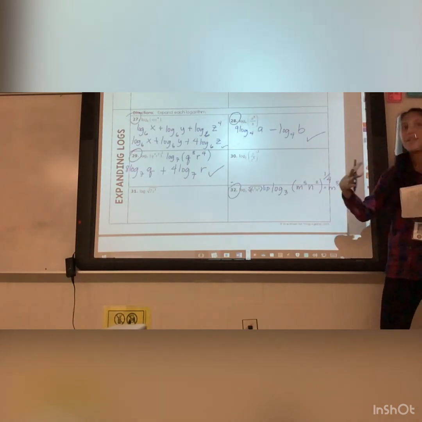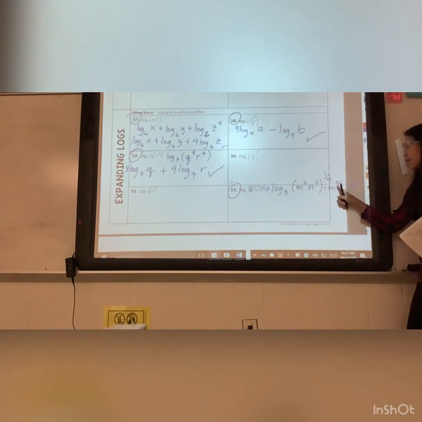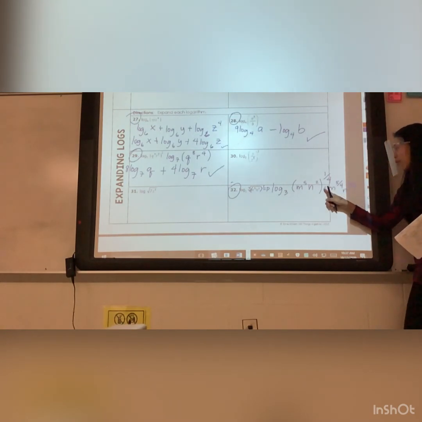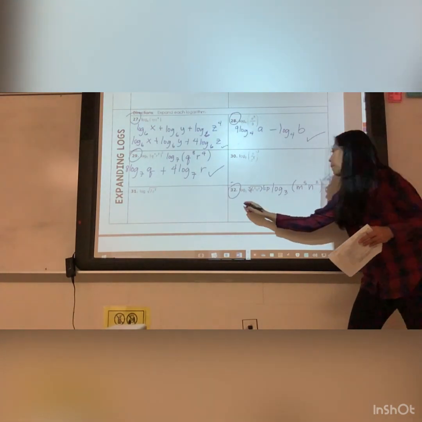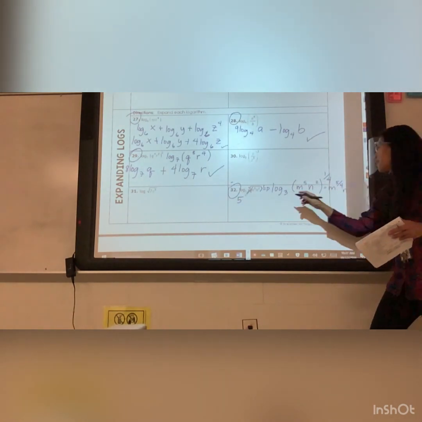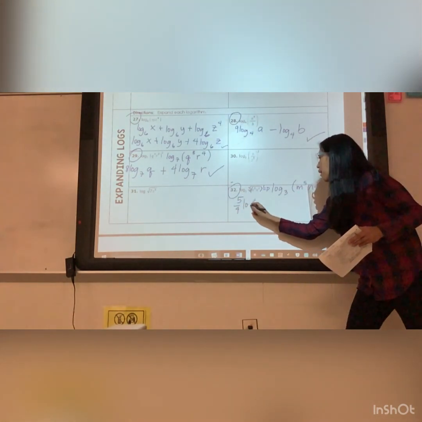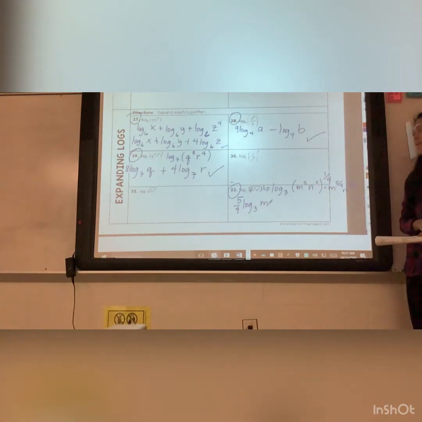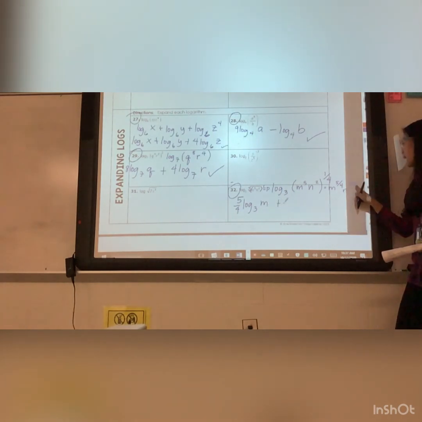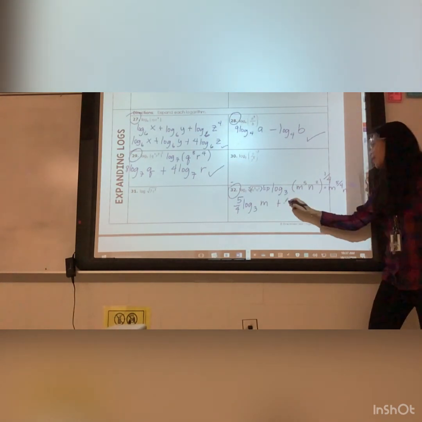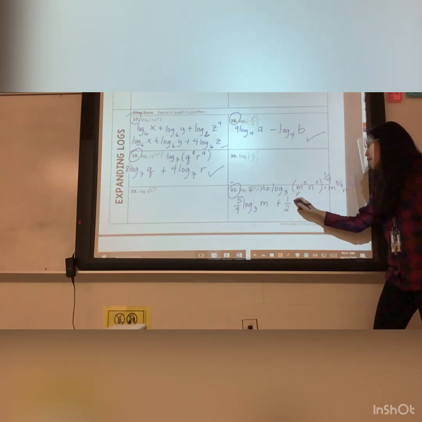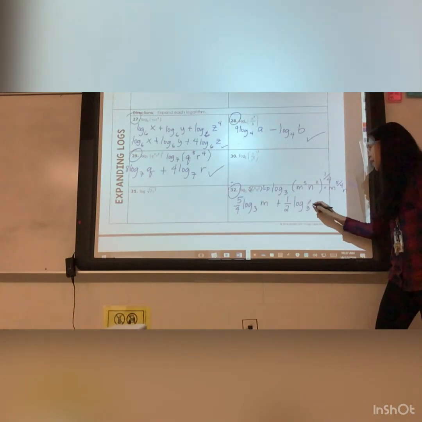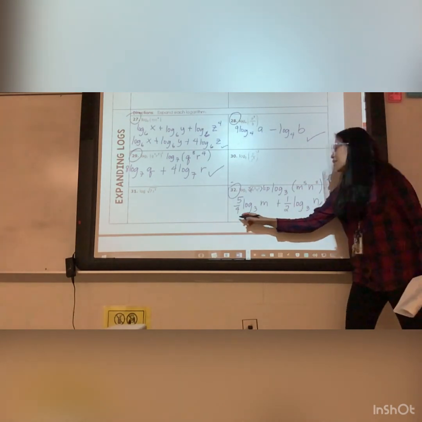So let us now expand this. These are exponents, so you have to put it at the front of your log. So you have the first one, 5 over 4 log base 3 of m plus the exponent of 2 over 4. You can simplify 2 over 4. It can also be what? 1/2. You can also write 1/2 and then log base 3 of n. So this is now your final